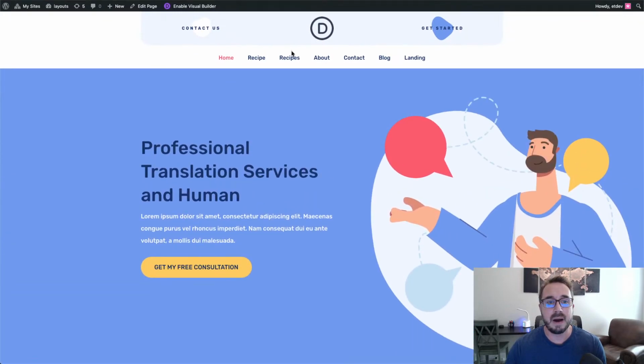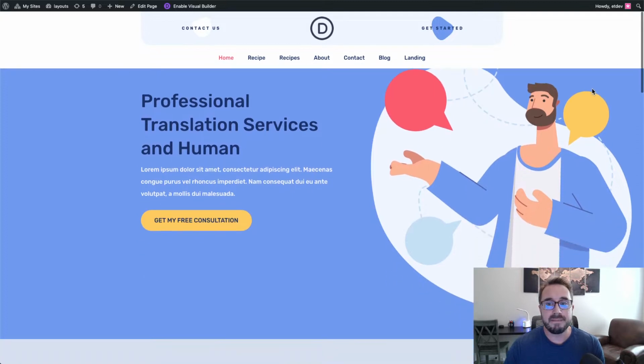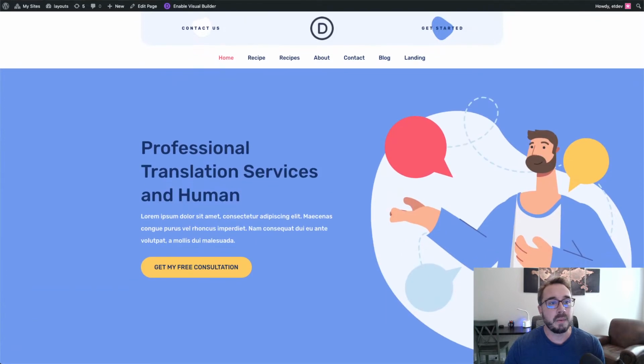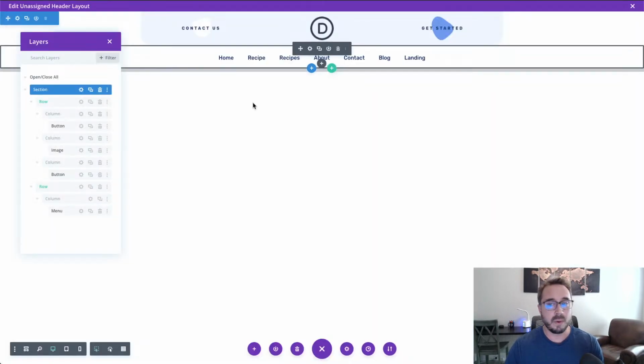So far we have our header that we are using from our interpreter layout pack, or our interpreter header footer template. And then we have it in our fixed position, but now we need to create that tab. So that's where we are now. So to do that, we're going to